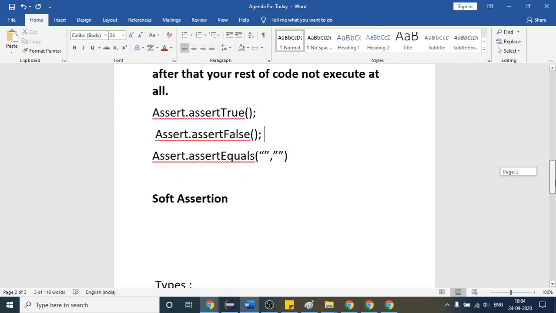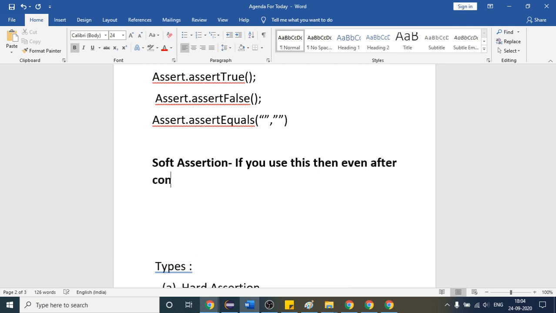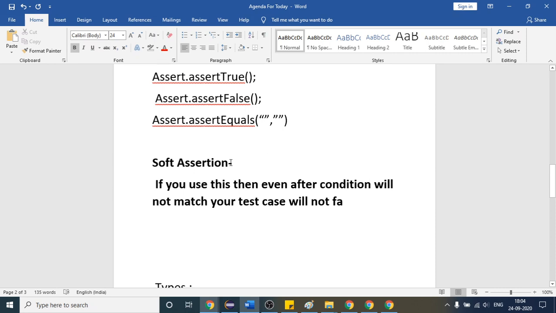So in the soft assertion, what will happen if you use this, even after the condition does not match, your test case will not fail. One more thing, we can also say soft assertion is verify, right?